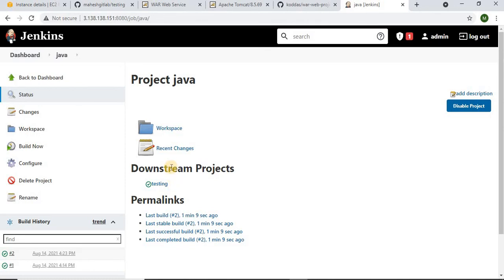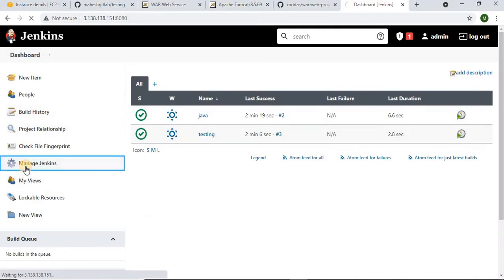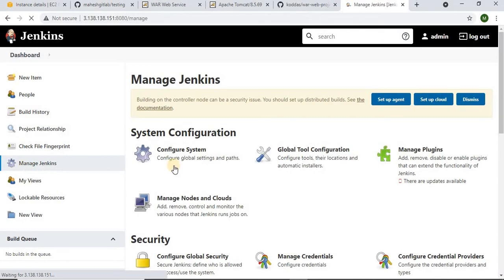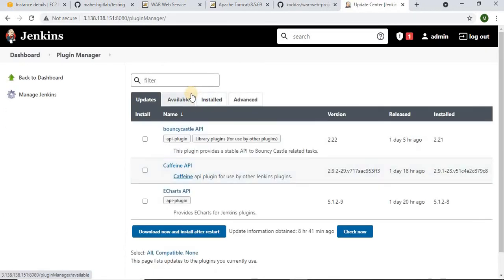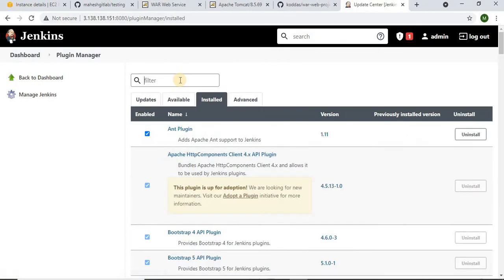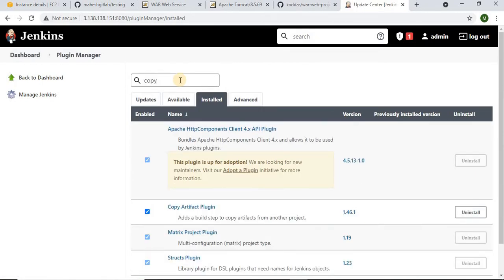For that, go to the dashboard and click on Manage Jenkins. You need a plugin here. Click on Manage Plugins. In my case it seems to be already installed. Copy Artifact, yes, see, the Copy Artifact plugin. So just install it, install without any restart.